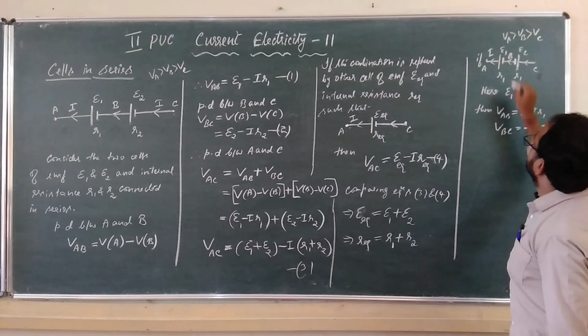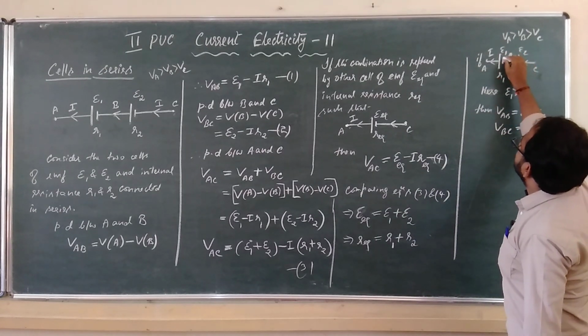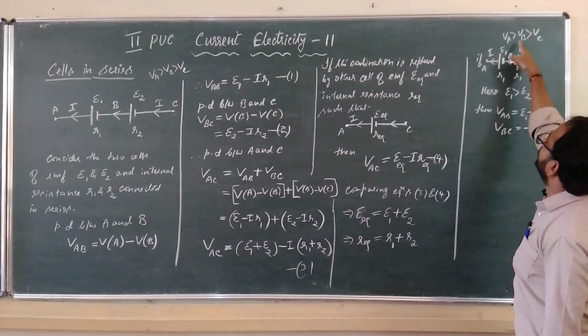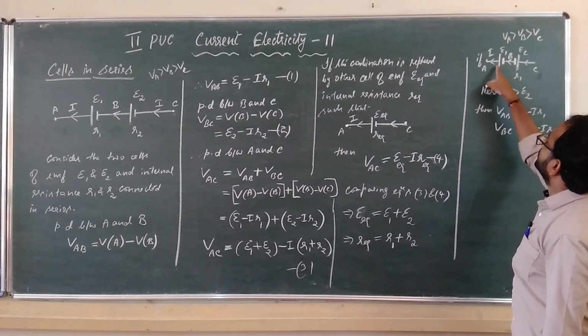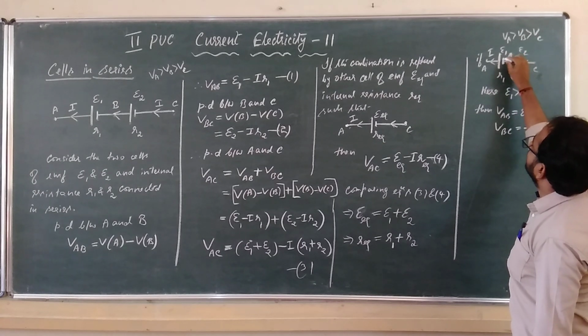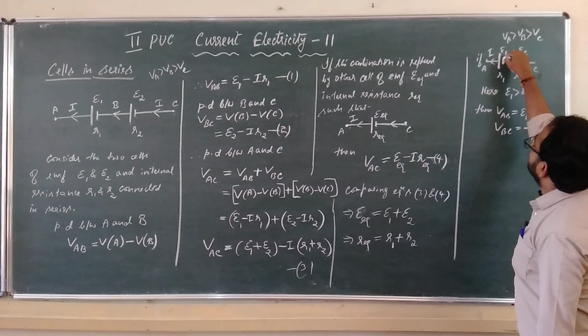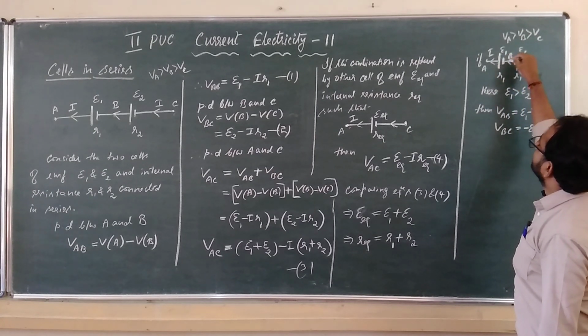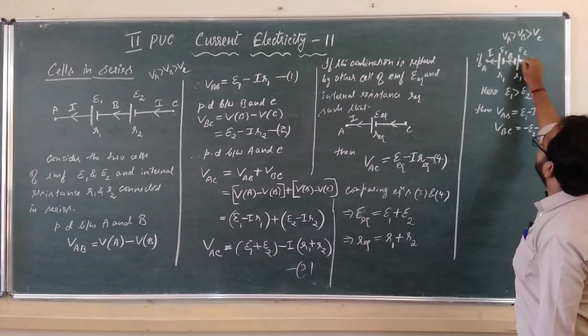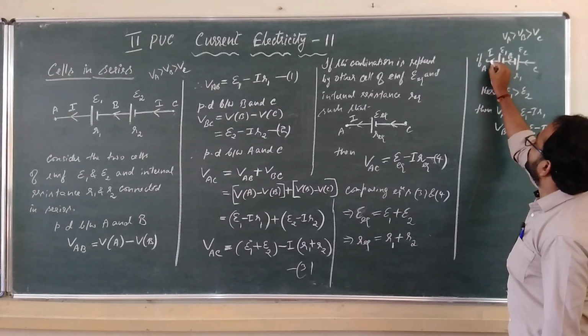This is at higher potential, this is at lower potential. These two electrodes are made common, they are connected together. Therefore, they attain the same potential, VB. So the positive terminal of the first cell is at higher potential. The negative terminal of the second cell is at lower potential, VB. The positive electrode of the second cell is at still lower potential, VC. So therefore, current is flowing like this.